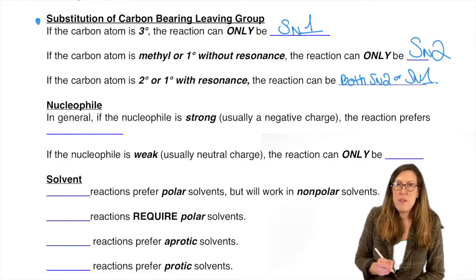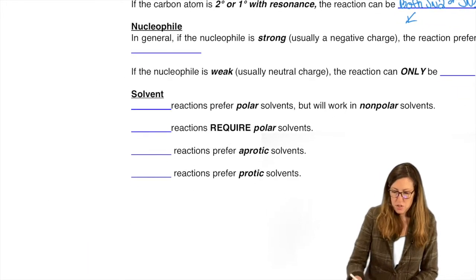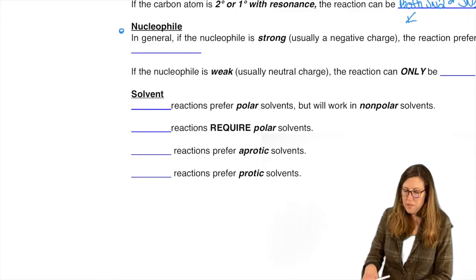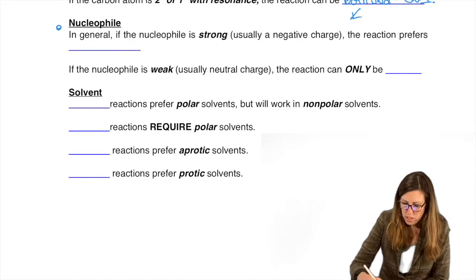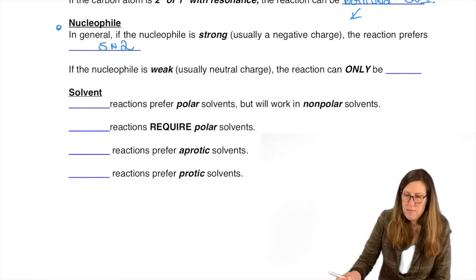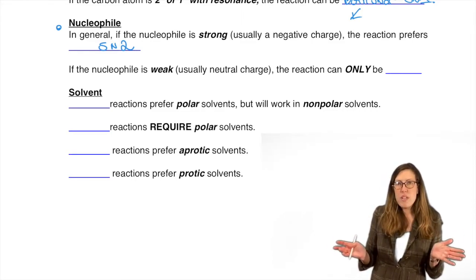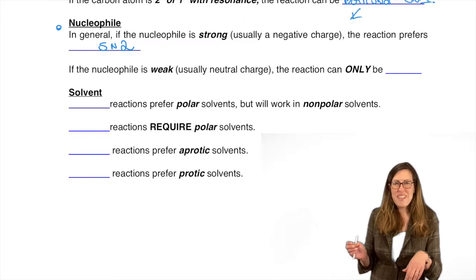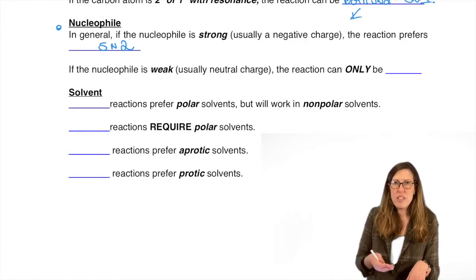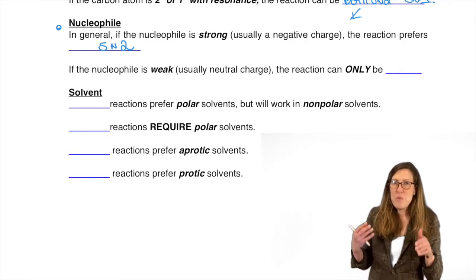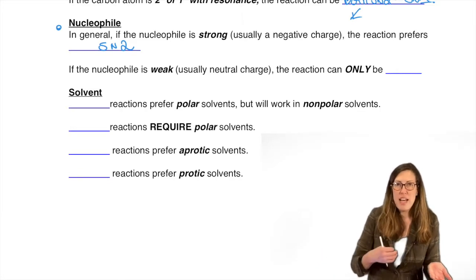So let's go down and evaluate other factors. That means look at the other factors if that's the case. Nucleophile. If it's a very strong nucleophile, usually a full-on negative charge, we're going to go SN2. Why? Think about the mechanism. In order to do an SN1, the leaving group has to leave, and usually that only happens on its own because the nucleophile is too slow to get to it. If you have a really reactive, strong nucleophile, it's not going to wait for the leaving group to leave. It's just going to go ahead and attack if it's possible.